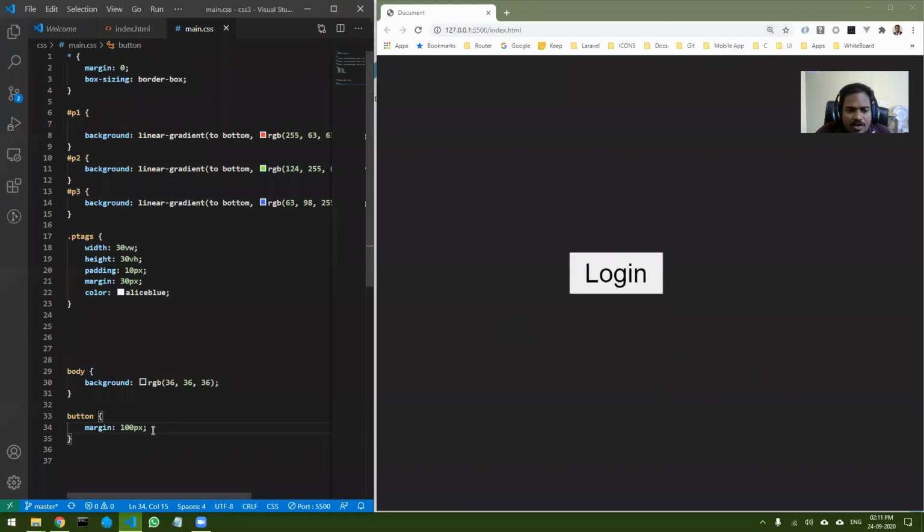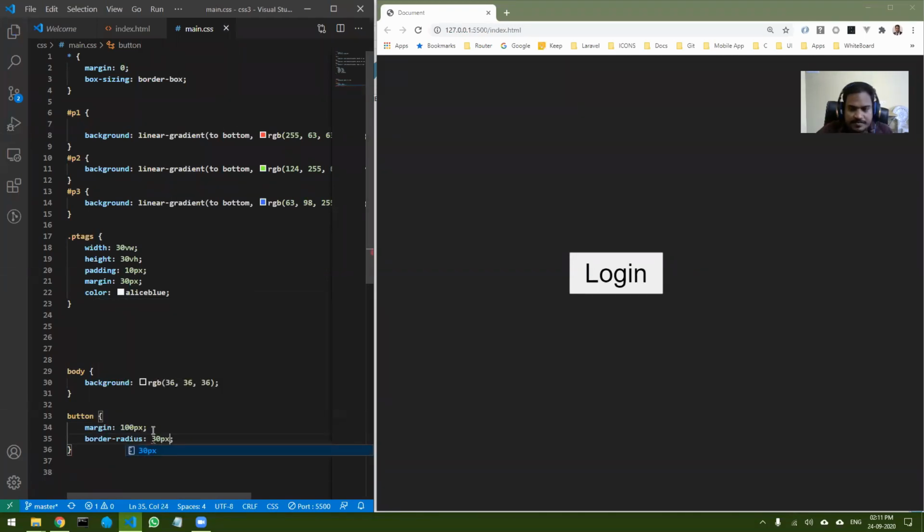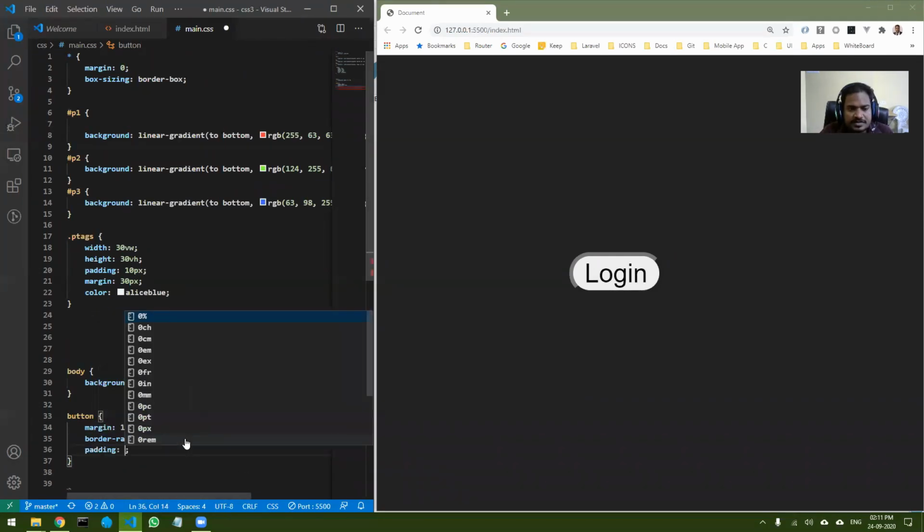Now I'm going to style it. First of all, I want to change the look of the button, right? So I can do border radius of, let's say, 30 pixels. And as soon as I do that, you can see it looks like a button now. But it is a little bit congested. I can do padding. Padding will be inside, margin will be outside.